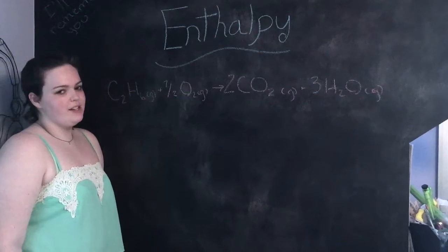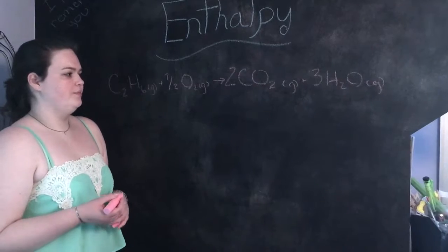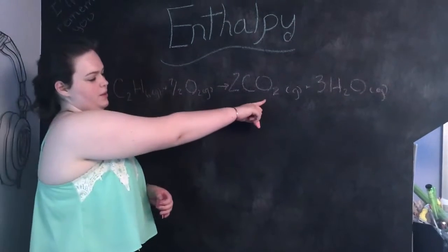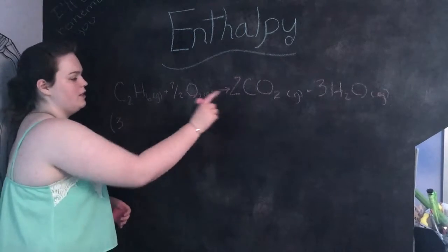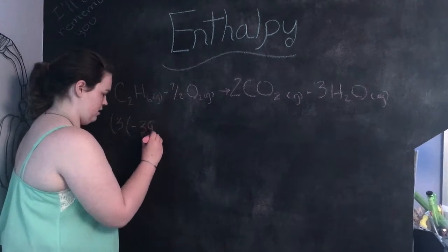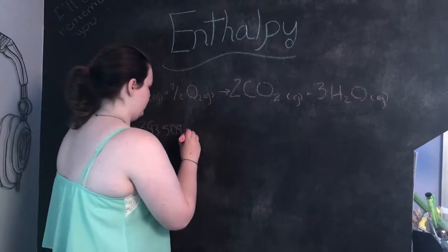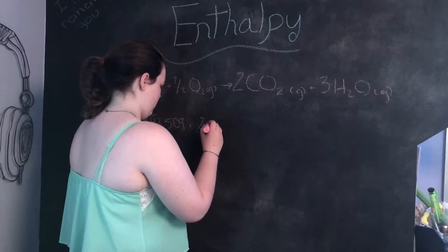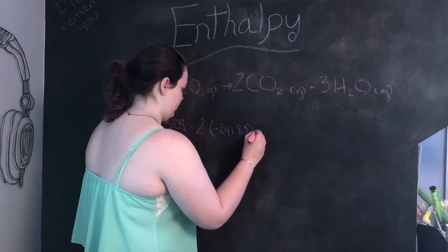We are now going to show you how to calculate enthalpy using the heat of formation. Now, each one of these has a different heat of formation. And in order to calculate the total reaction heat of formation, you would do the products minus the reactants. So you're going to do 3, because we have 3 of the H2O molecules, and then that's negative 393.509, plus 2 times 24183, minus